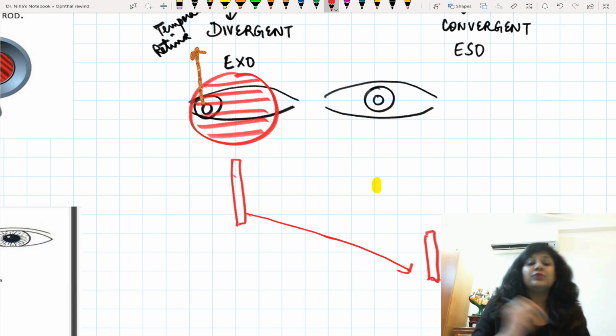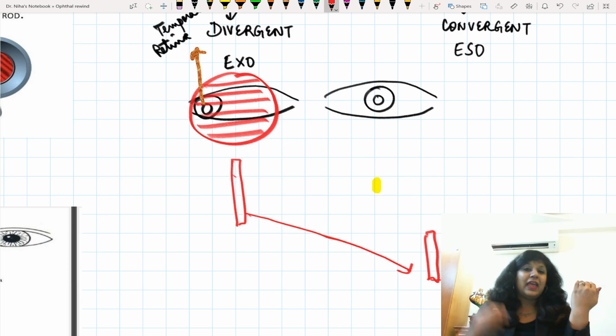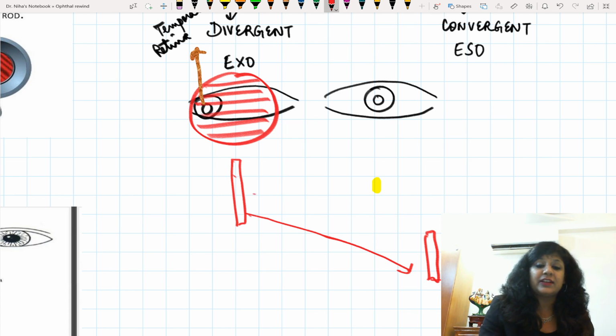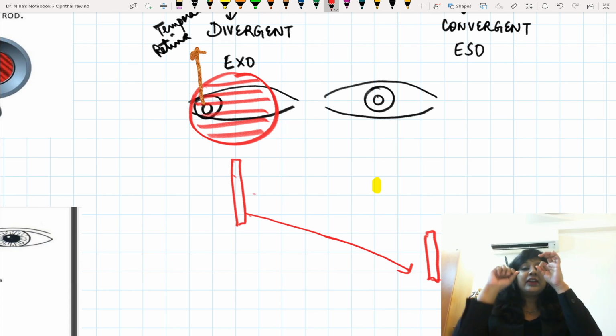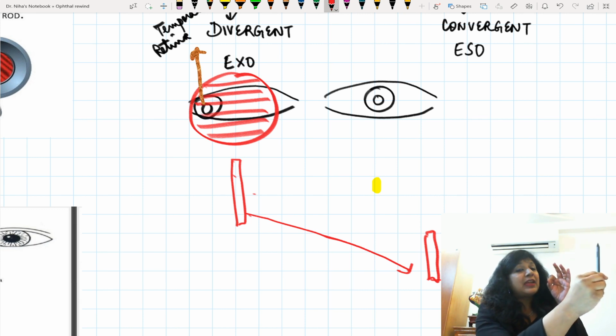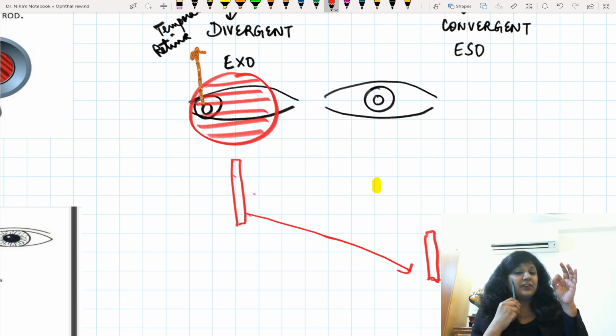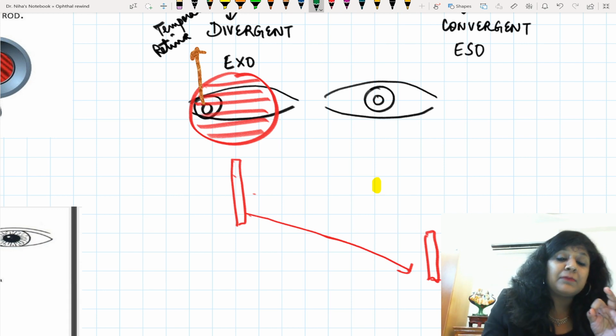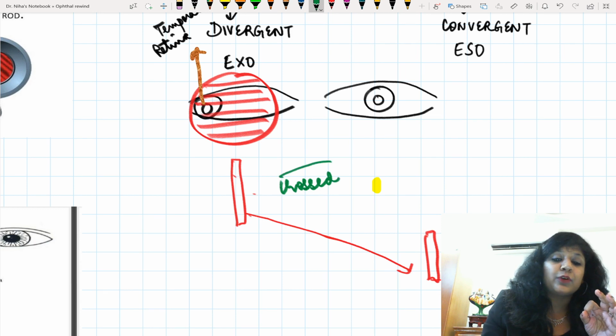So now can you see the deviation was this side and you are seeing the image on the opposite side, the cross side. It is crossed. It has crossed this dot. Earlier it was like this. Now this line will be seen in the nasal field. See, the eye deviated outward. Now it is stimulating this temporal, meaning outer retina, and the image is formed on the nasal side. Can you see my hand is crossed? Earlier it was on this side, on the right side of this light reflex. Now it has gone to the left side. Therefore it is called crossed. So basically the meaning of crossed is this. This is the concept of the crossed.